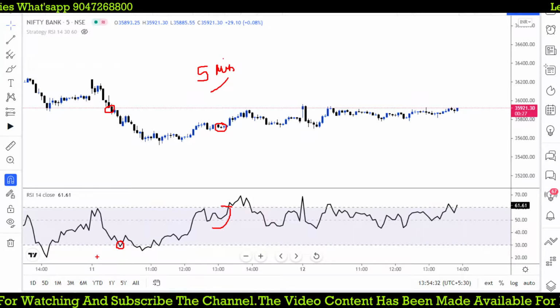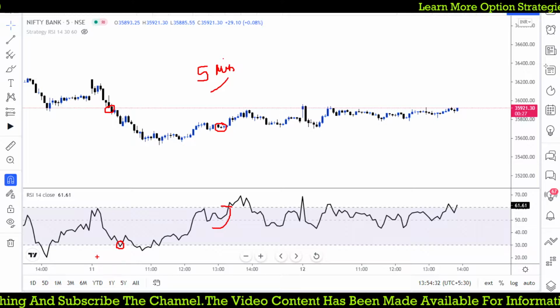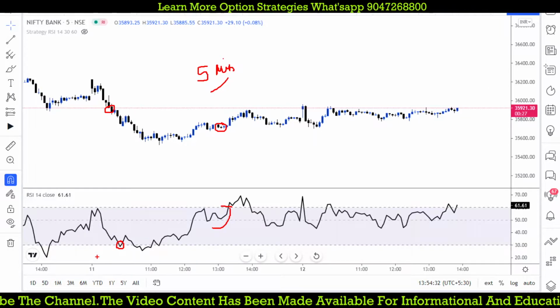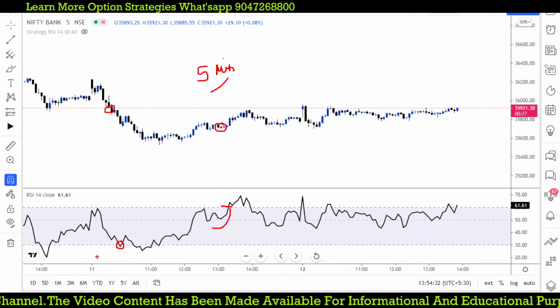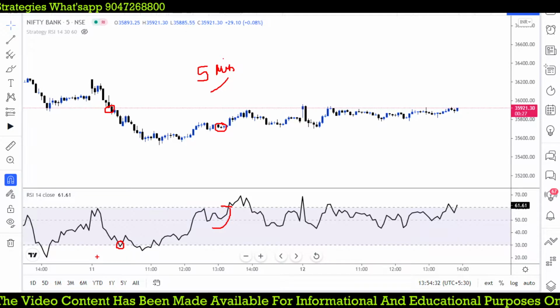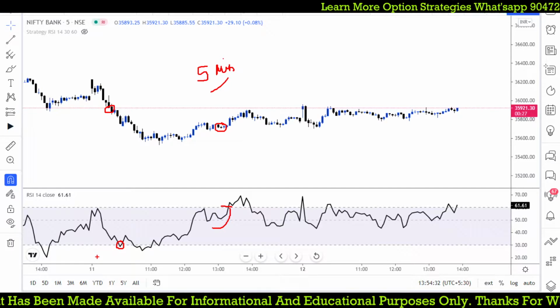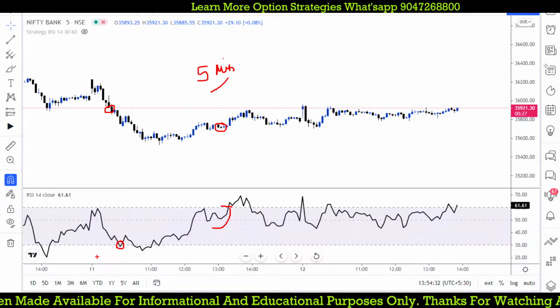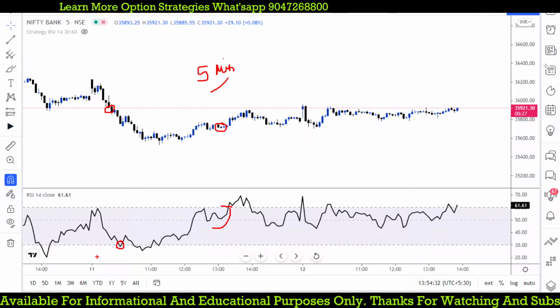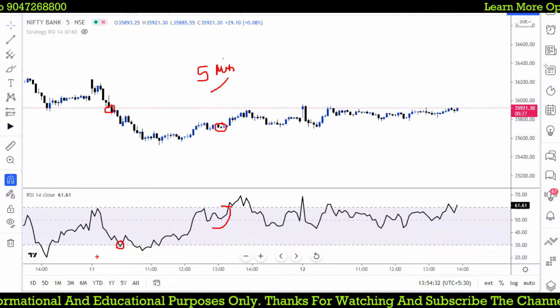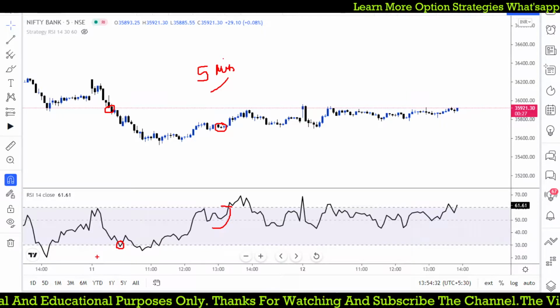If you are carrying positions overnight, you have gap up and gap down risk also. If you feel that risk, you can protect with options. If you are long, you can buy put options. If you are short, you can buy call options. That is also something you can do. But the strategy, how is it giving you profit without doing any management?